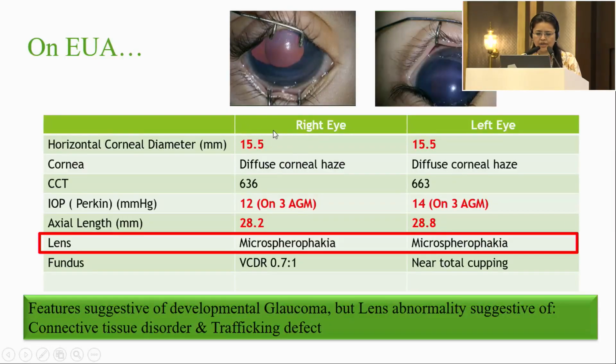On examination under anesthesia, we could see that there was buphthalmos with a horizontal corneal diameter of 15.5, with diffuse corneal haze, which was more in the left eye as compared to the right eye. The CCT was thickened, and the pressures were 12 and 14 on 3 AGMs, and the axial length was also elongated. We could see a characteristic microspherophakia with a temporal aniridia in the right eye, temporal loss of iris, hypoplasia, and the vertical cup disc ratio was 0.7:1, and in the left eye it was near total cupping. So these were suggestive of some sort of congenital glaucoma, but the lens abnormality was more suggestive of some underlying genetic